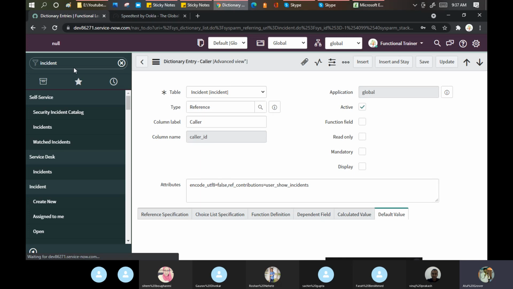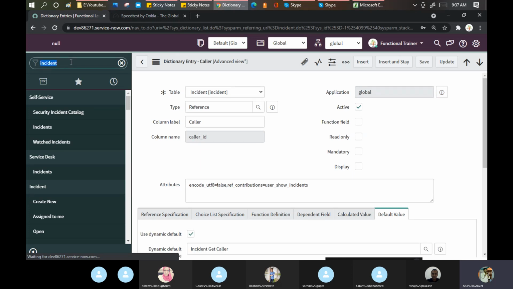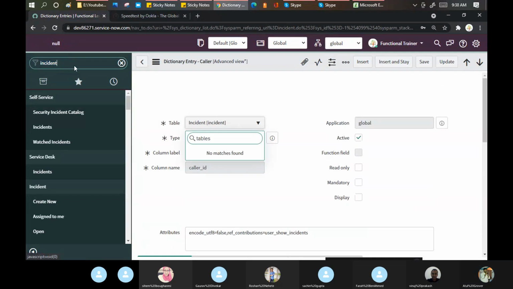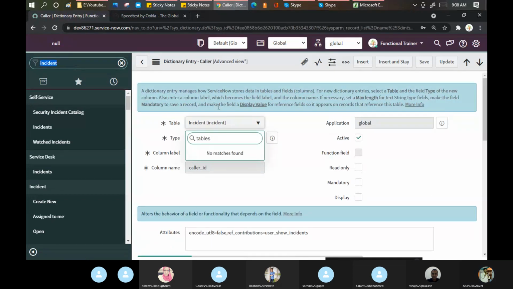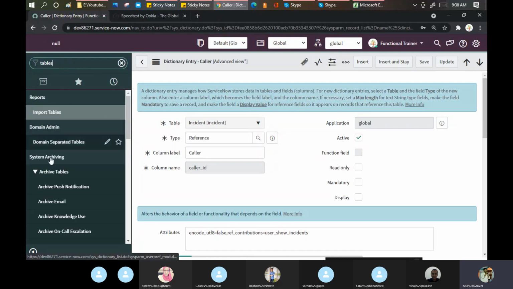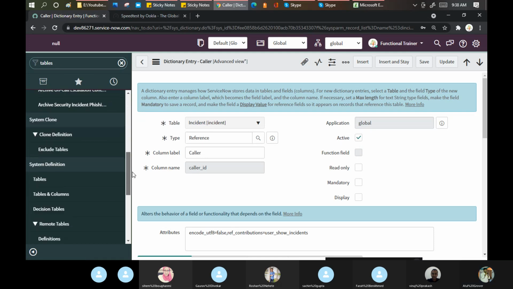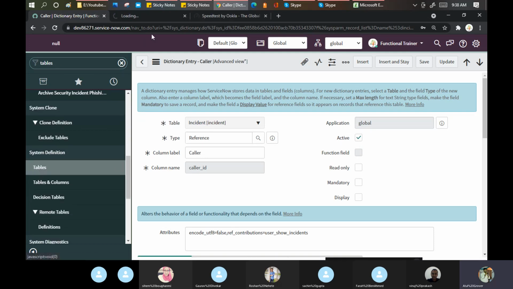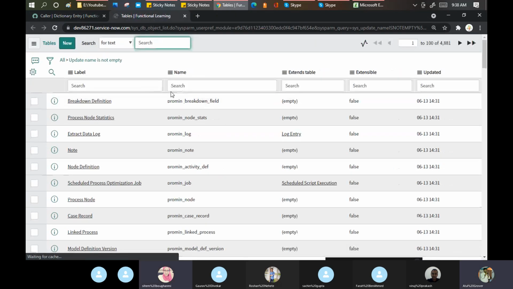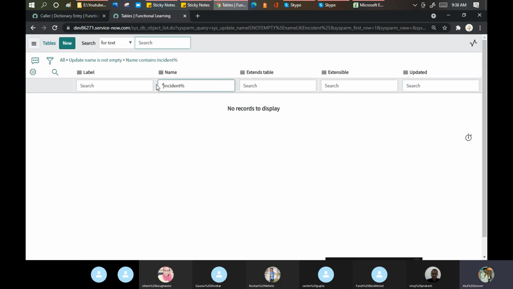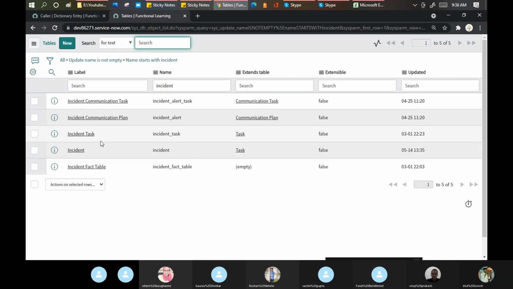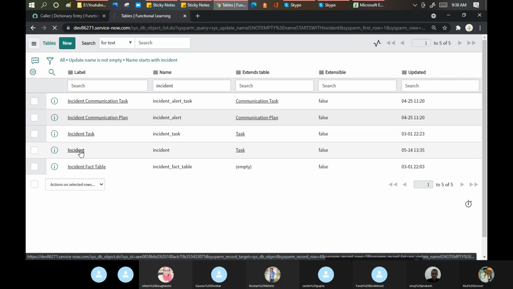Let me go to Tables and open the incident table in another window.